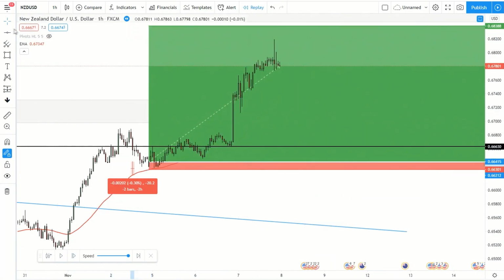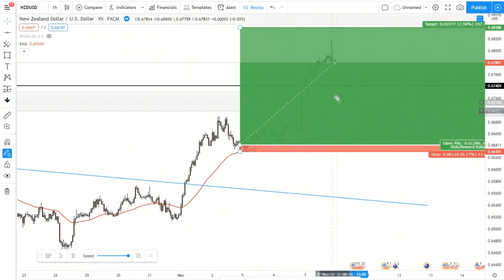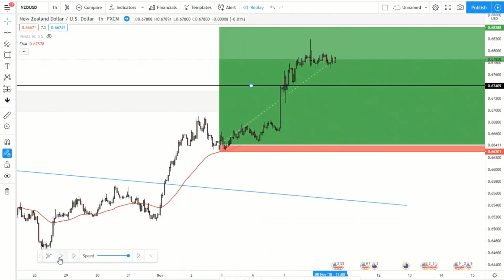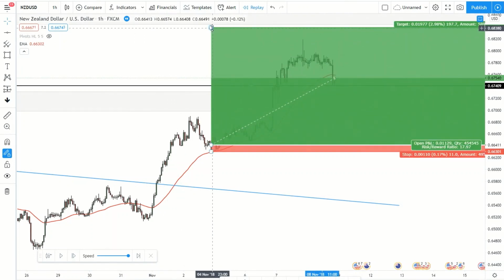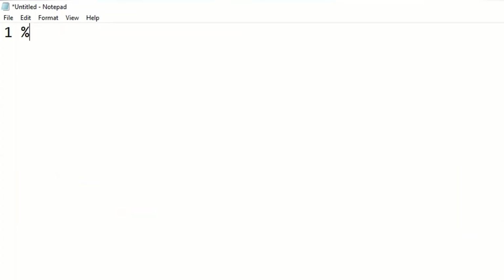So here price has broken above it. It might just do a retest. So to be safe, we're just going to move our stop loss again, and we're just going to see what price does. There we go. So price did a U-turn, it hit our stop loss, but that's not a problem because we've already secured 9%. So it was a beautiful 1 to 9 risk reward ratio. So we risked 1%, that was our stop loss, how we started off, and we gained 9%. Remember guys, once you have one winning